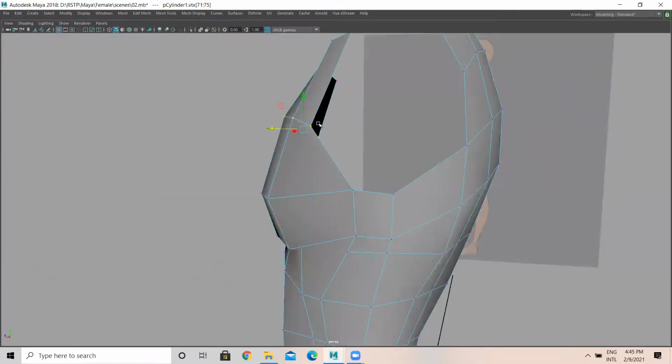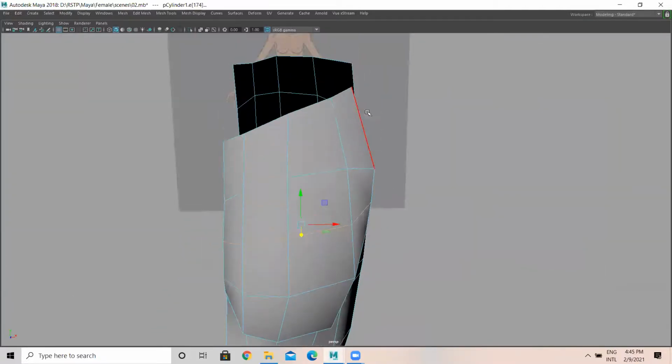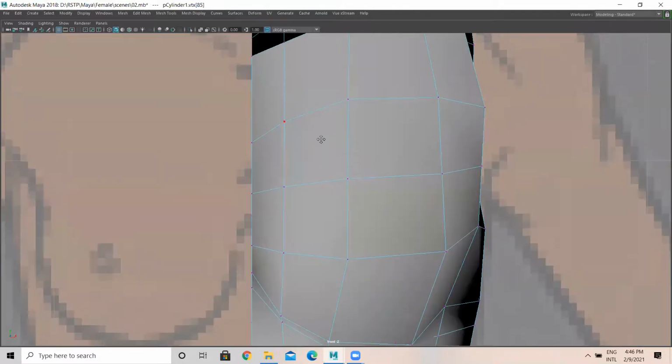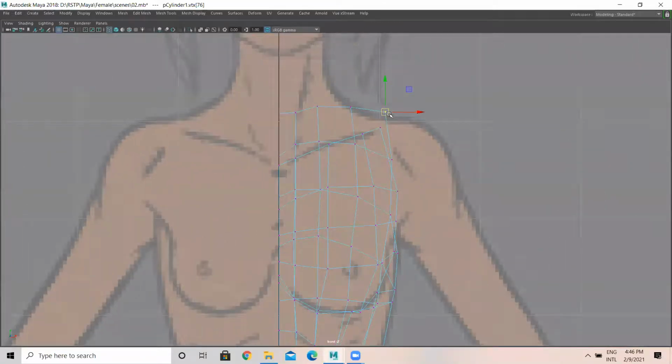Then I'm going to add one more edge loop here. Like this. So this is over here. I can place this here.